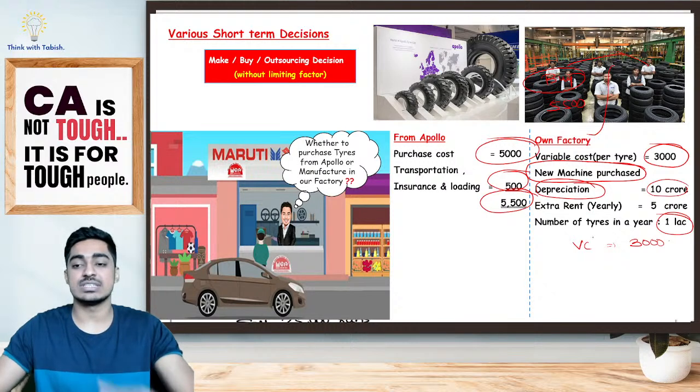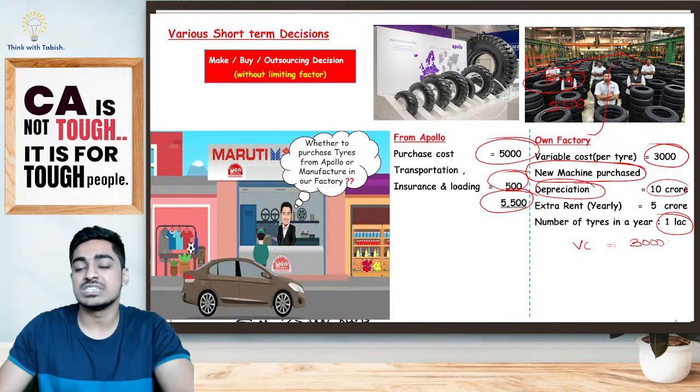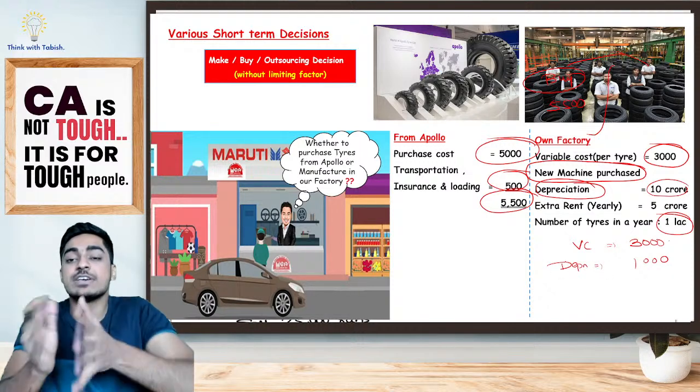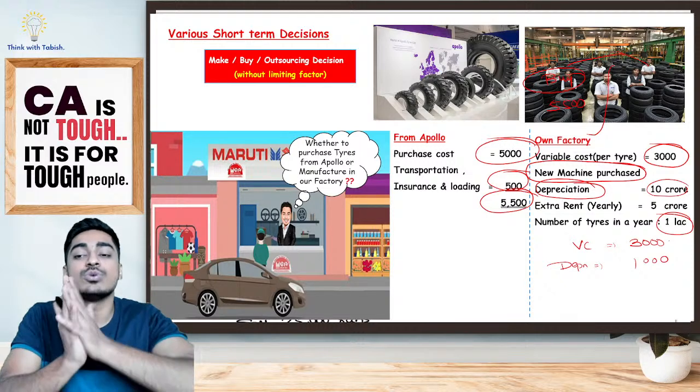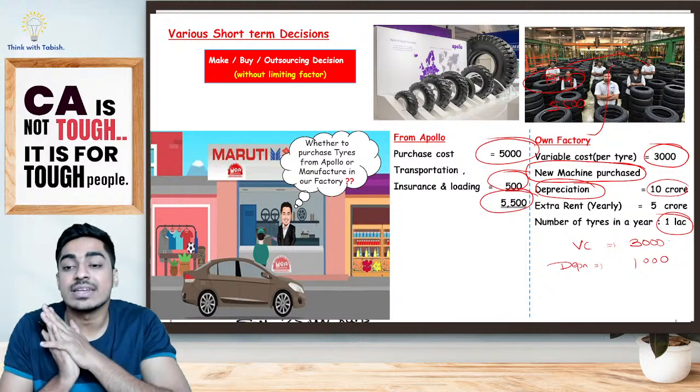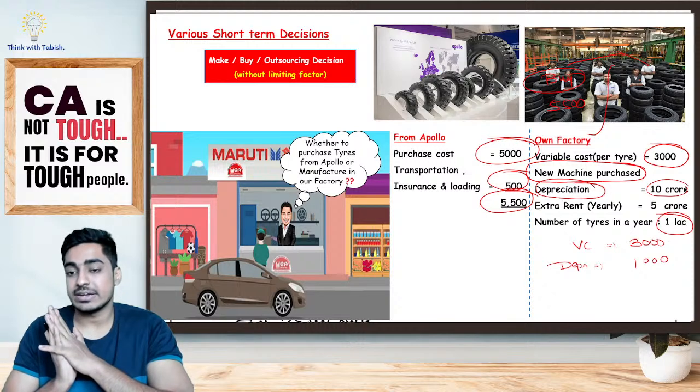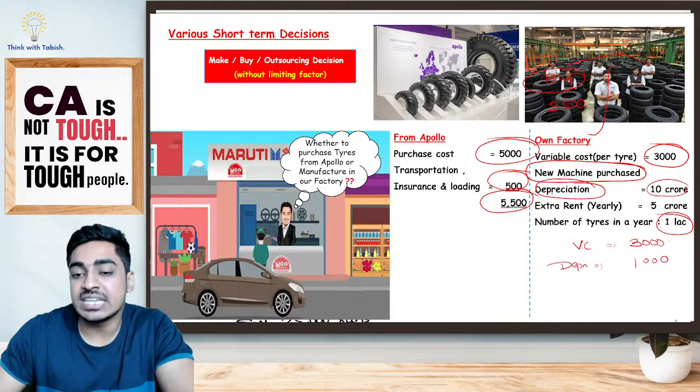So how much is it, students? Yes, 10 crore rupees divided by 1 lakh. Oh, 10 lakh, 1 crore, 10 crore. It is 1,000 rupees is the depreciation. It is specific fixed cost. Specifically, if we produce the tires in-house, only then we will incur. Otherwise, we will not incur. That is why it is relevant. Okay, next. Extra rent,